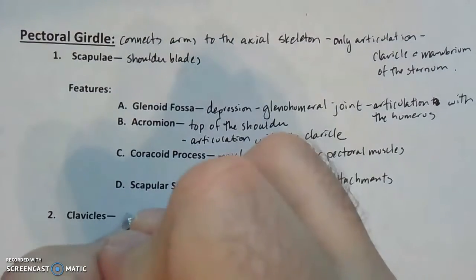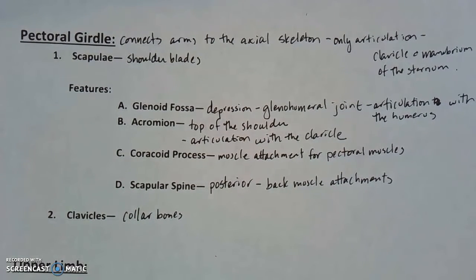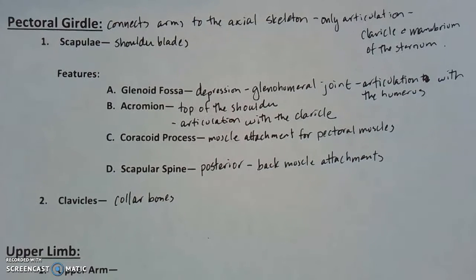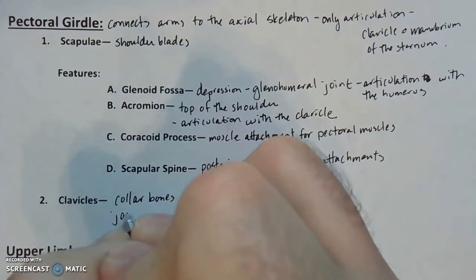The clavicles are your collarbones. Again, we know that, thinking back to last chapter on bone, the clavicles were one of the only bones formed by intramembranous ossification. And the clavicles are not fun bones to break because there's not a whole lot they can do for a broken clavicle unless it is shattered. They might have to do surgery to put it back together. But a lot of times they'll just put your arms in slings or immobilize your arm because it's hard to immobilize this area. But we do have joints,